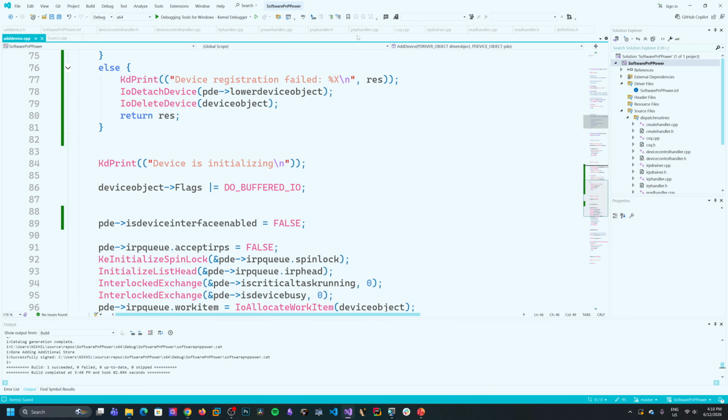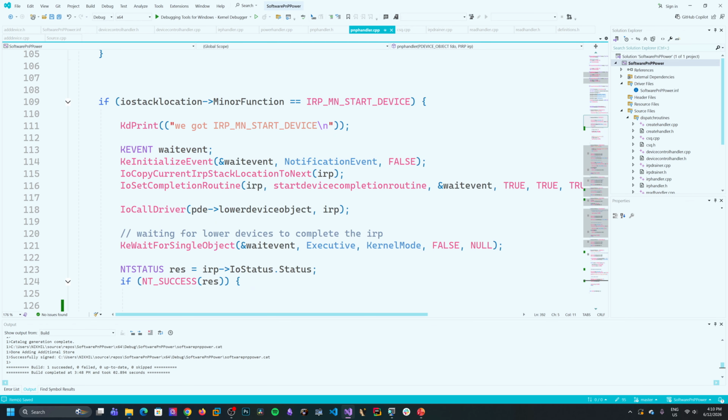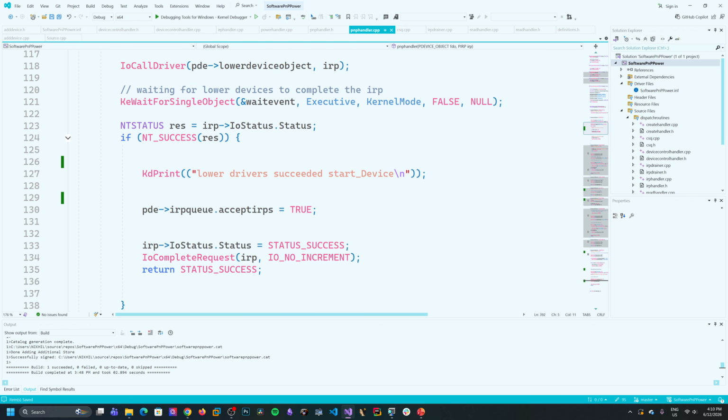Inside the start device, we pass down the IRP and wait for all the lower devices to complete the IRP,